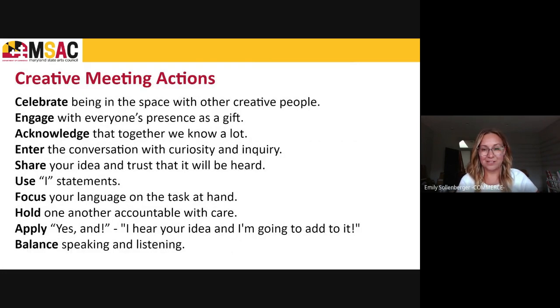We also like to start all of our public meetings with keeping these creative meeting actions in mind. So I'm going to read these as well. Keeping in mind as we move forward today to celebrate being in the space with other creative people, engage with everyone's presence as a gift, acknowledge that together we know a lot, enter the conversation with curiosity and inquiry,